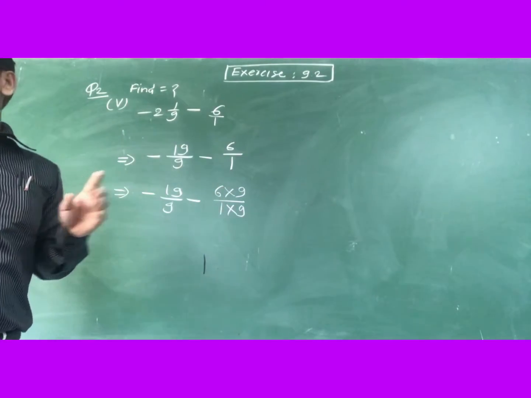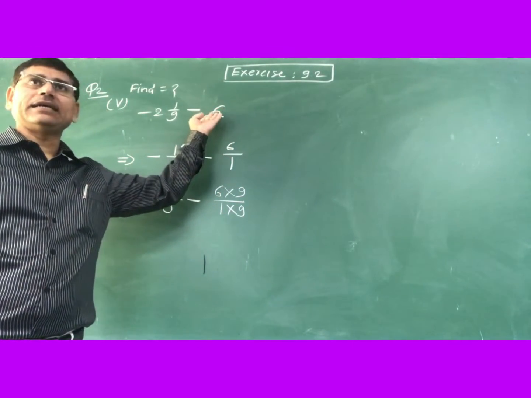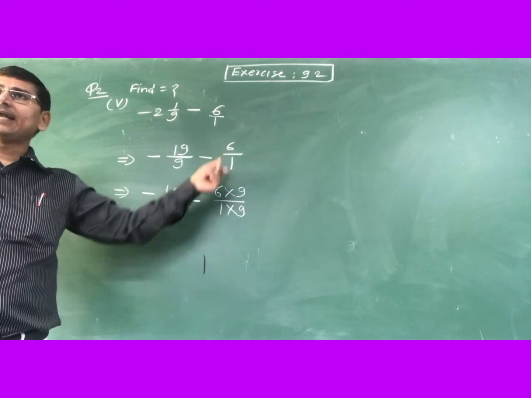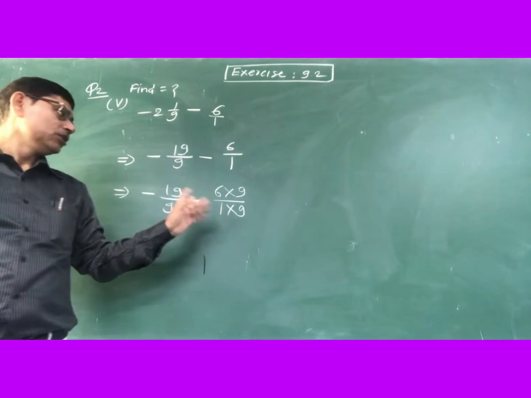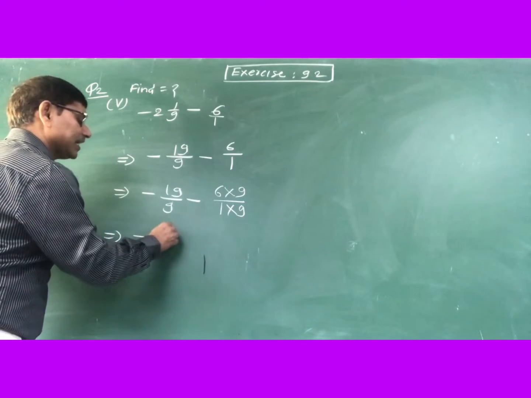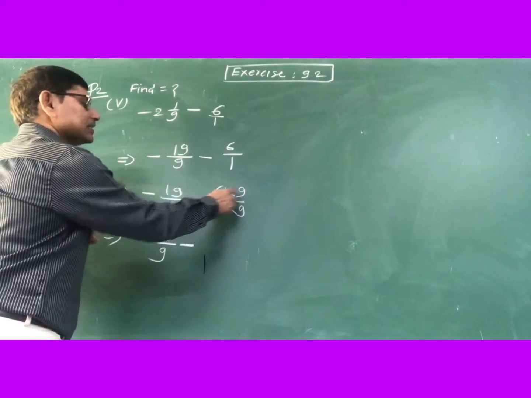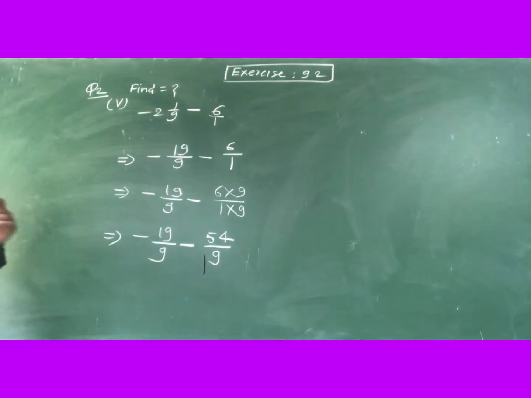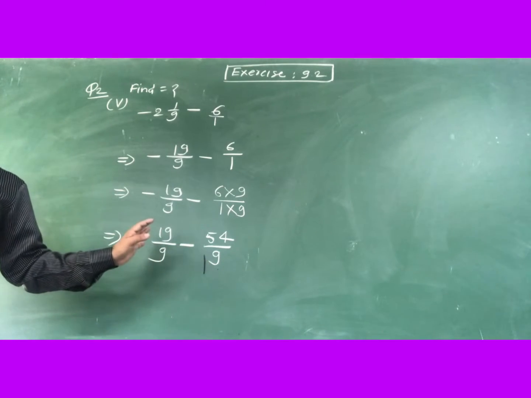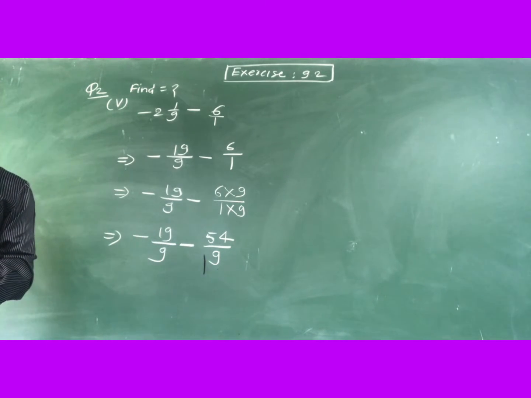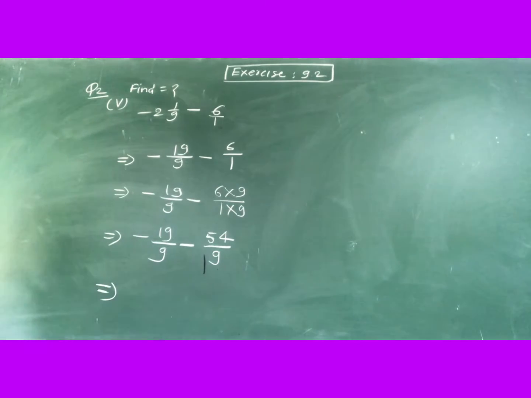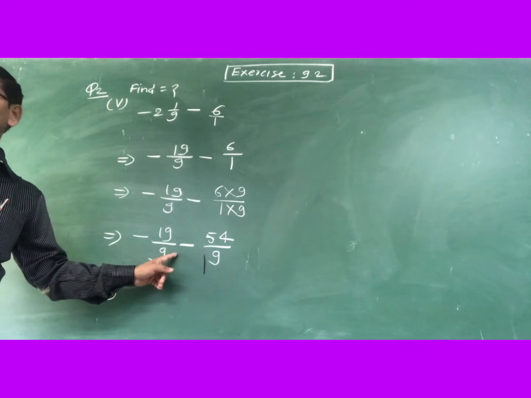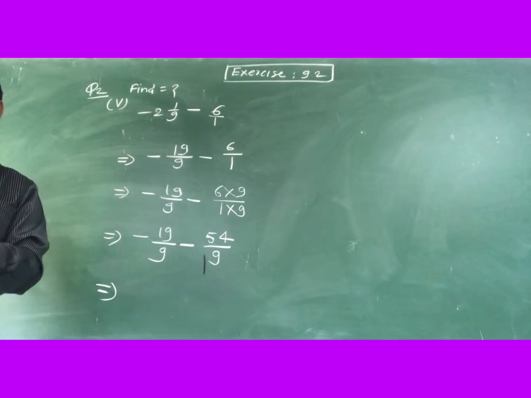In all the questions in which you get the rational number in the form of a whole number, you directly multiply the denominator into that number, okay, that rational number. So you will get here the result, that is -19 upon 9 and -6 9s are 54 upon again 9. So you can observe that the denominators are the same in both rational numbers. Now dear, because this is negative, this is negative, if you get the same sign, then always you will add it.